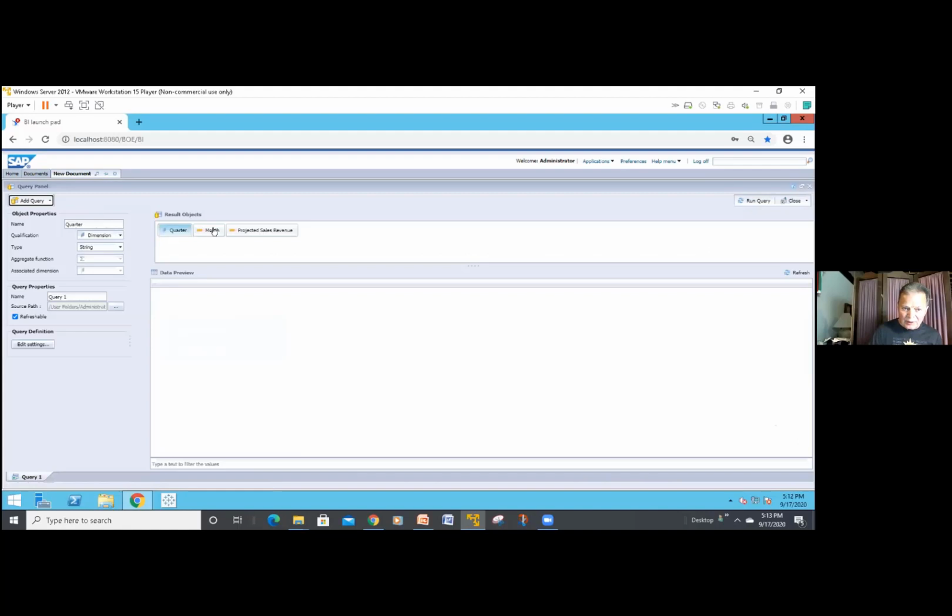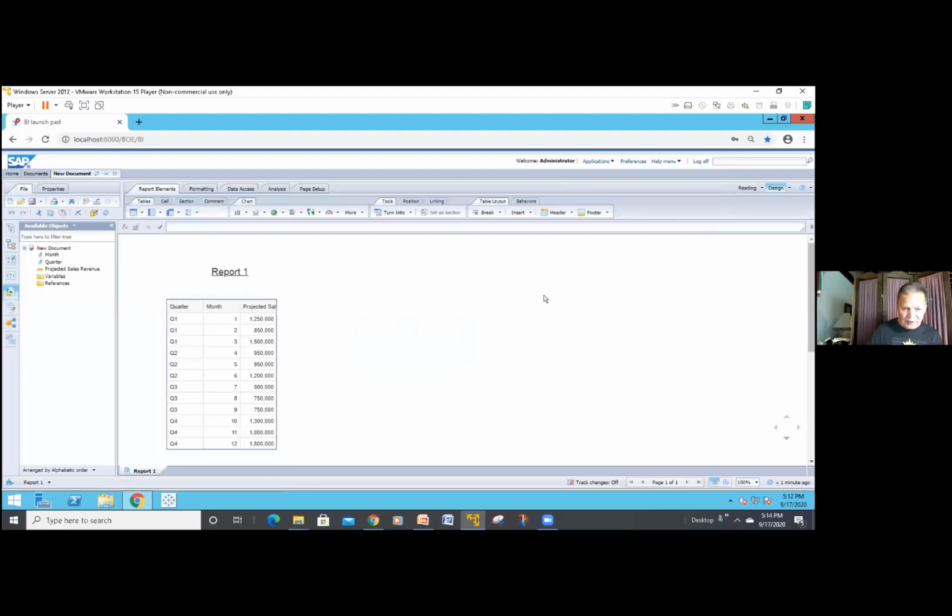If you notice, it's got a qualifier here on the left side, the properties type. So if I click on month, it actually allows me to change this, which is kind of nice. Won't do that with the universe, but we'll do it with the Excel file. I would have renamed the query, I would have called query 1 Excel, by the way, as part of that. But as we go through this process,